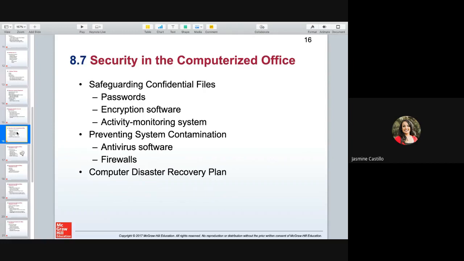Security, when it comes to all of your devices and software programs, we want to make sure everybody has passwords. If it's an encrypted type of software, you definitely need passwords to access it. So making sure that you've set everybody up with their username and password is really important. How do we prevent system contamination so that we don't get viruses, or somebody doesn't hack into